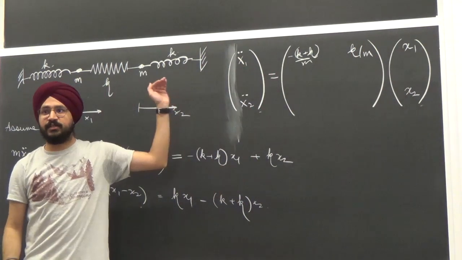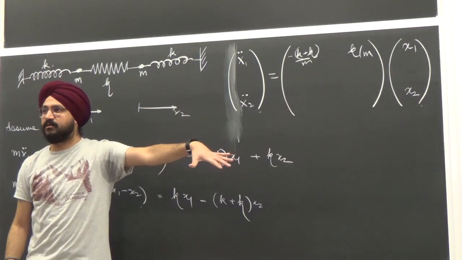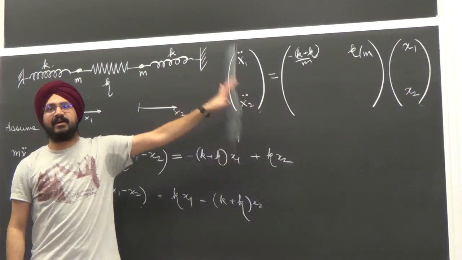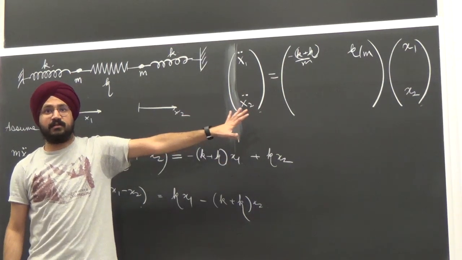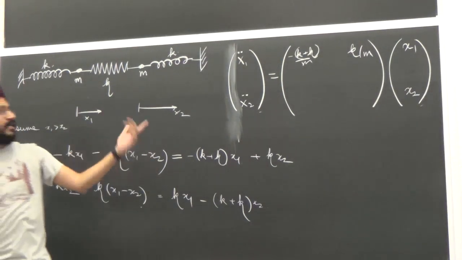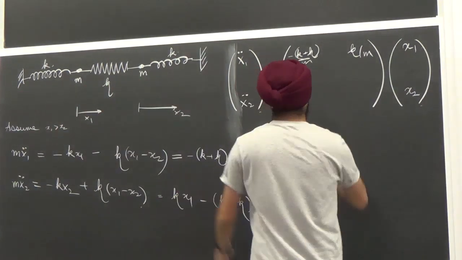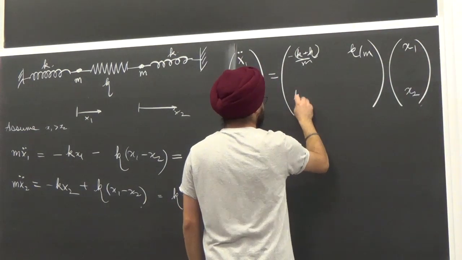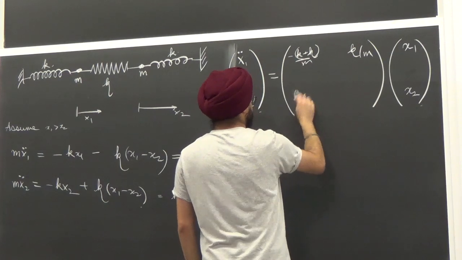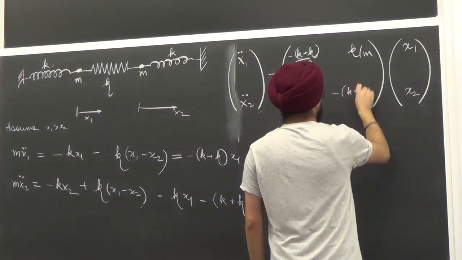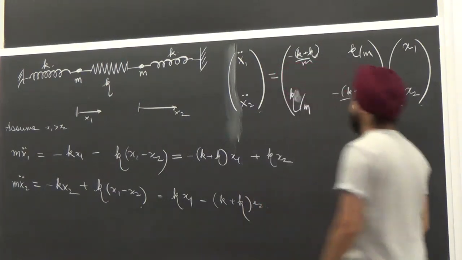Is the first multiplication clear to everyone? Some of you might feel this is too slow, but we want everyone to be on board with this. Do we all see that this first equation corresponds to my first equation of motion? Second one, what is it? The first term is the term with the x1. It's kappa over m. It's not k, it's kappa. And the second one is minus k plus kappa over m.